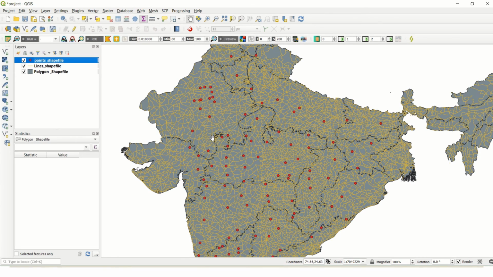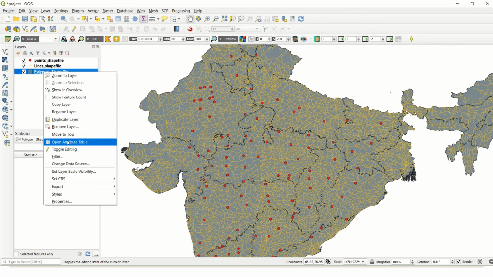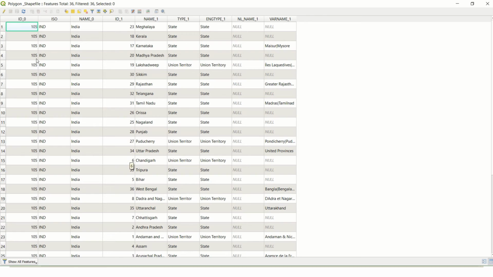I have told you that we have some file extensions that hold the data of each shape. For example, if I take this polygon and go to the attribute data, you can see we have the information of the particular shape. It is a one-to-one relationship between the shape and the attribute data.